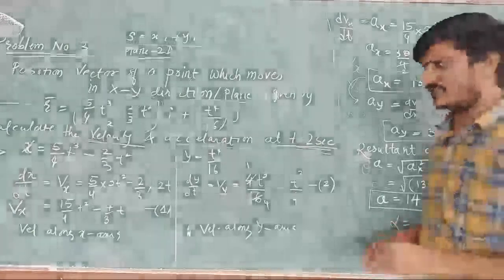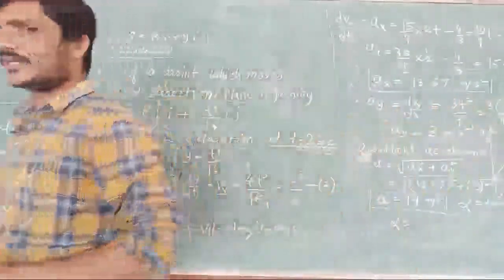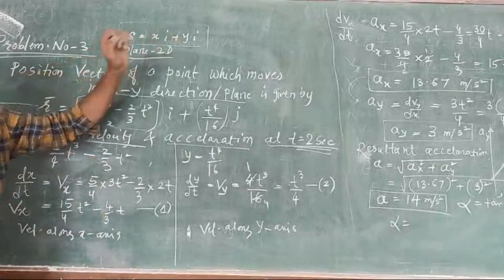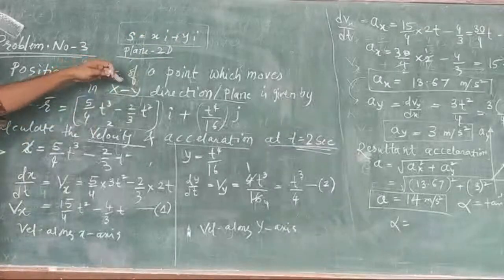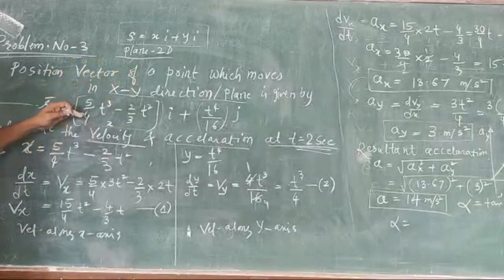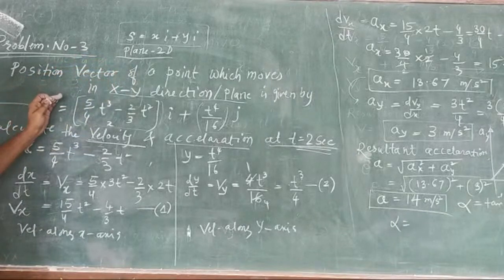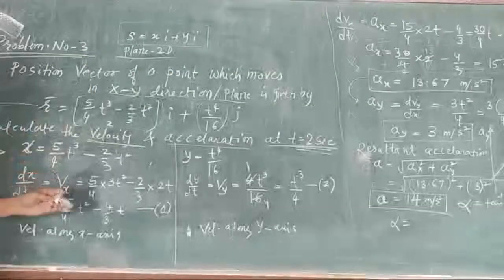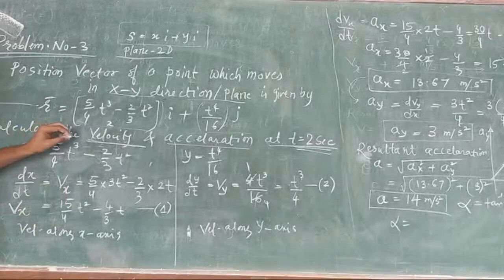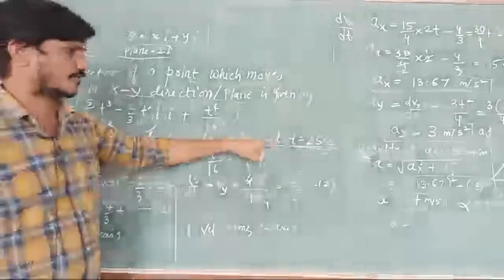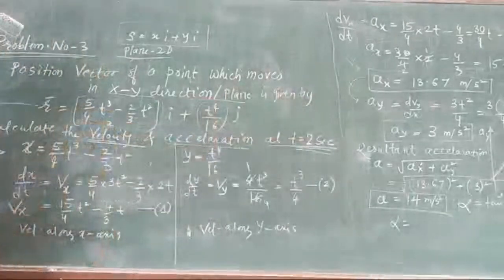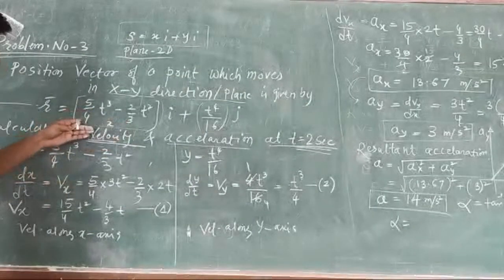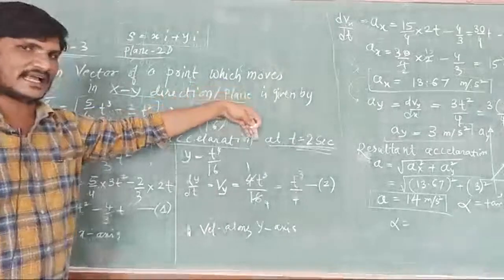So this is the method by which you can solve these types of problems using the xy plane coordinate system. This is possible by taking the coordinate system and writing the distance in xi, yj format. So we can solve this type of problems. We have calculated the velocity and acceleration when time is 2 seconds. In addition, we calculated the angle made by the velocity and also the angle made by the acceleration.